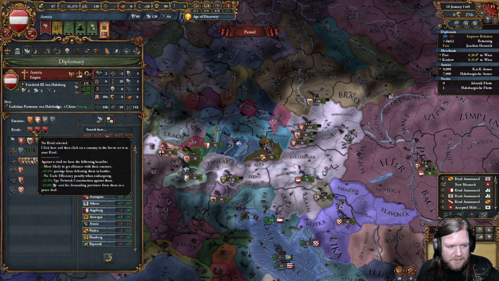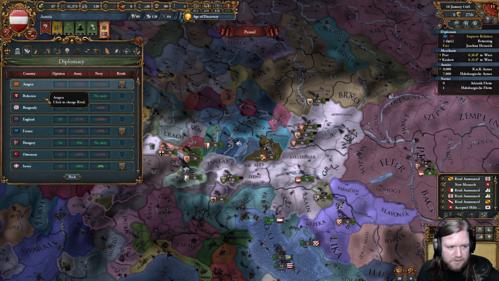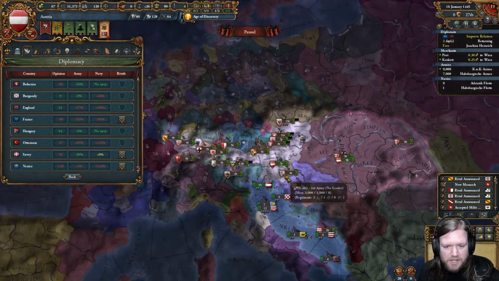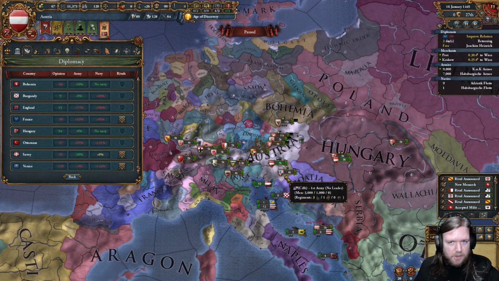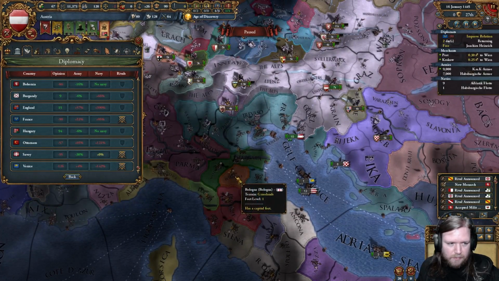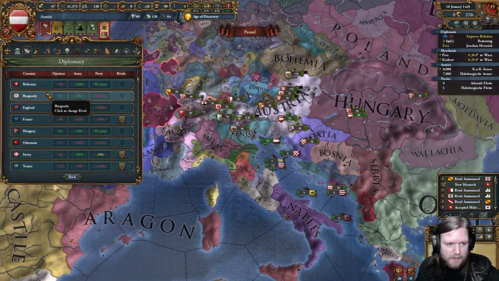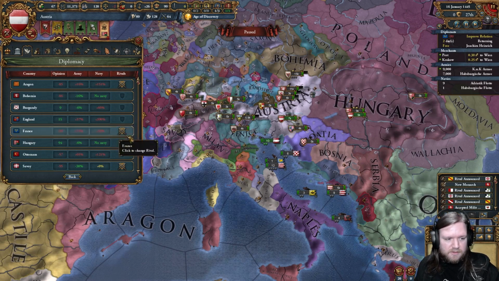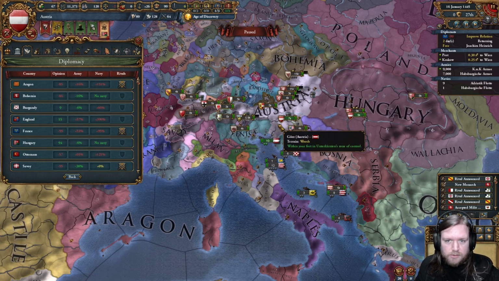What you can do is you can click on the shield, and this will give you a list of all of the potential rivals for your nation. Now, the list is determined by your strength and their strength. So myself as Austria, I am the Emperor of the Holy Roman Empire. I'm not going to be able to rival somebody absolutely tiny like, for example, Bologna here. However, other countries of a reasonably similar size, Aragon, Bohemia, Burgundy, England, France, Hungary, the Ottomans, those are all valid